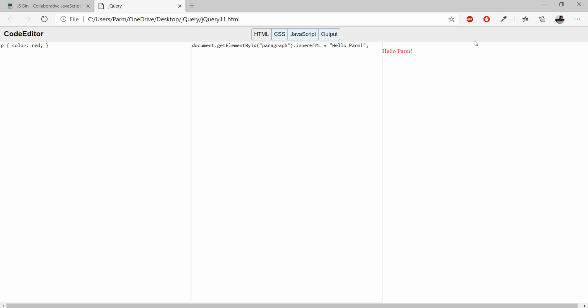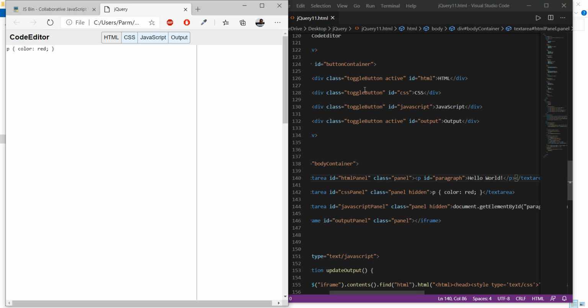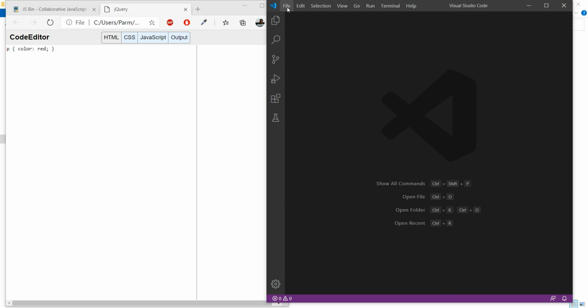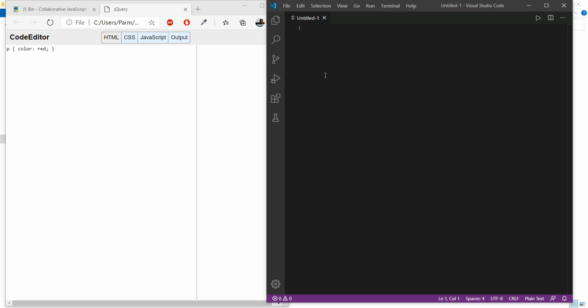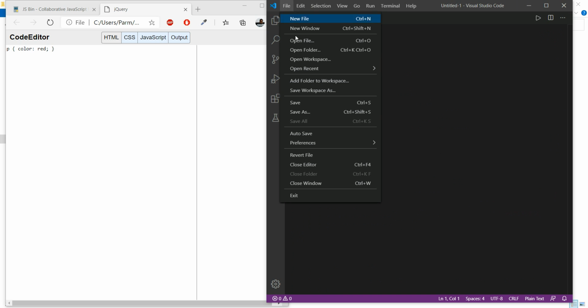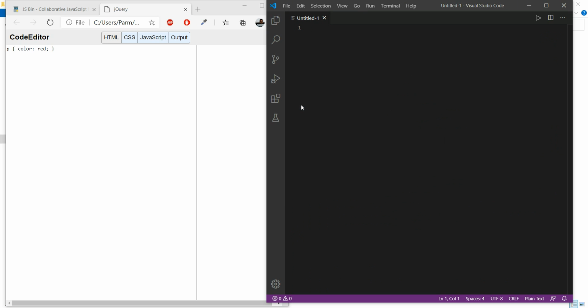So how can we do this? We have to start over here. This is a jQuery file, and for right now I'm just removing this. For this I have to go to File, then select New File, and I have to save this file first.